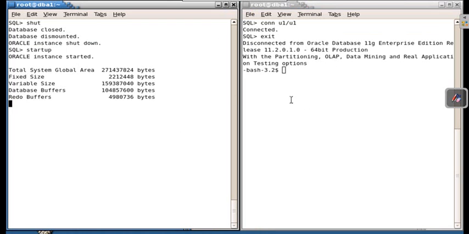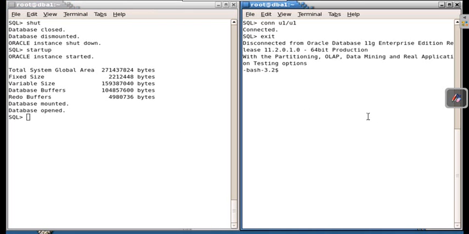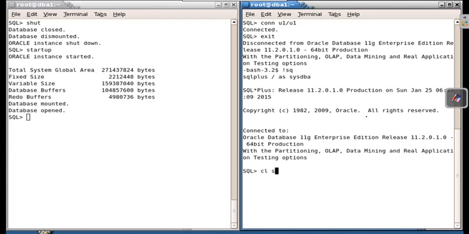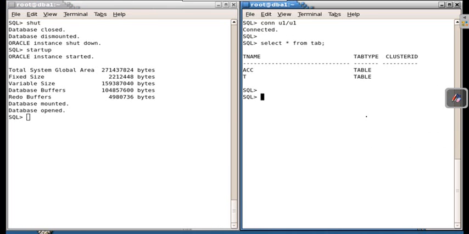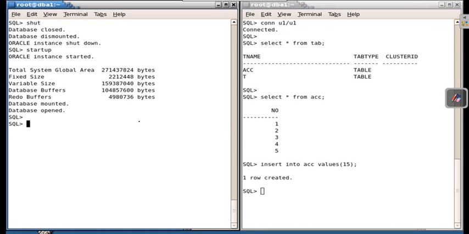This is normal shutdown. Now we will see shut transactional. We will connect to the database, clear the screen, and connect to the U1 user. Select star from tab. In that, select star from accounts. Five rows are there. Now insert into accounts values, some row I have inserted. I have not given commit, I have not given rollback. If I give shut transactional now,